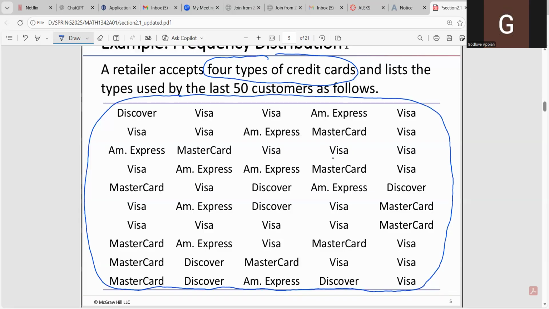So this is the raw data. And all the data values you see in here, we also sometimes call them observations. So if you hear me mentioning observation all the time, I'm simply referring to the individual data values in this data set. All right, so we want to come up with a frequency of MasterCard. In other words, we want to know how often or how many MasterCards are in this data set. So we have to do that by counting.